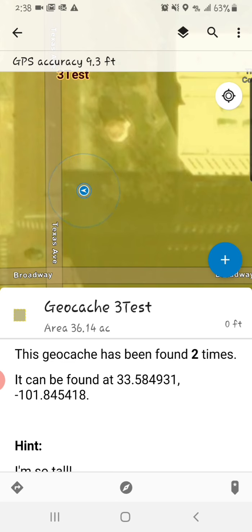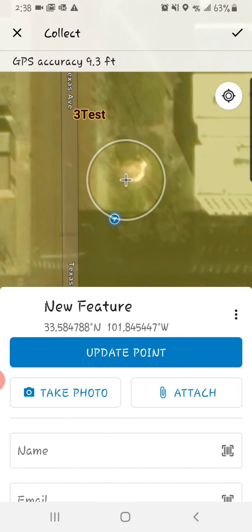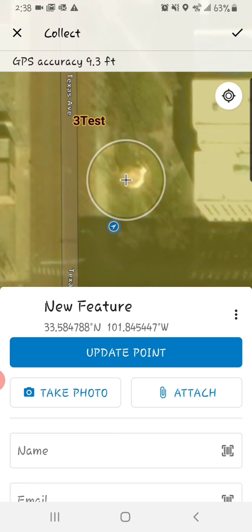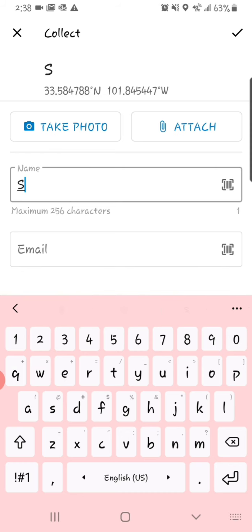What I'm going to do now is add my point to prove that I was actually here and did find it. You can twist off the lid for the cache and pull out one of the tokens if you're one of the first 3 there. If you're not, just take a picture with the cache. We'll hit this little plus icon, and if you want, you can put it exactly where you are. It doesn't quite matter as long as we have the photo proof. You'll type in your name,